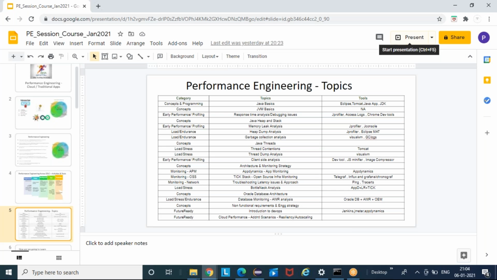Yesterday we went through the complete overview of all the topics that will be part of this training session, and I also provided a high-level overview of what is required for a performance tester to become a performance engineer, what activities are expected from a performance engineer, and what the expectation from the market is as well. Then I went through all these individual topics, and that is where we stopped yesterday.